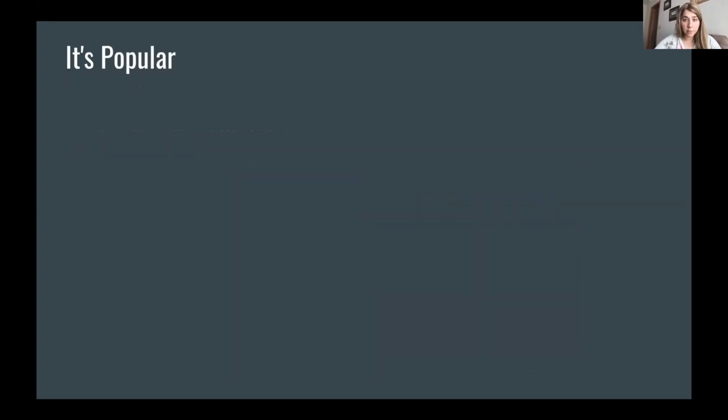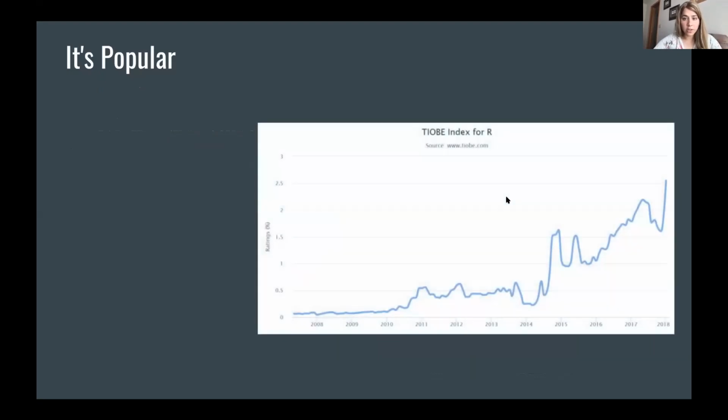Great. So the next point is that it's popular. This is just an index for popularity of coding languages over time. And you can see that R has really been growing in popularity lately. I would say it really took psychology by storm. A few years ago, at least when I was in college, and maybe it's because it was a really small college, using R was not the standard. But as soon as I left college, it seemed like everyone was using R, especially the new generation of researchers. So why this is important is that it's easier to collaborate if you're all using the same language,